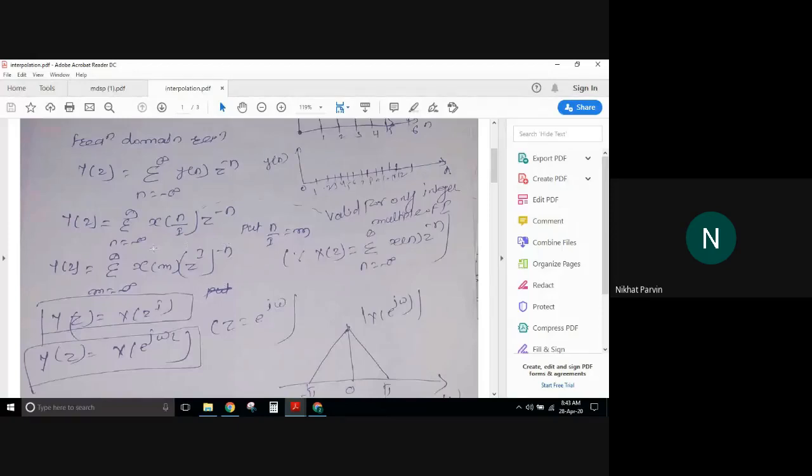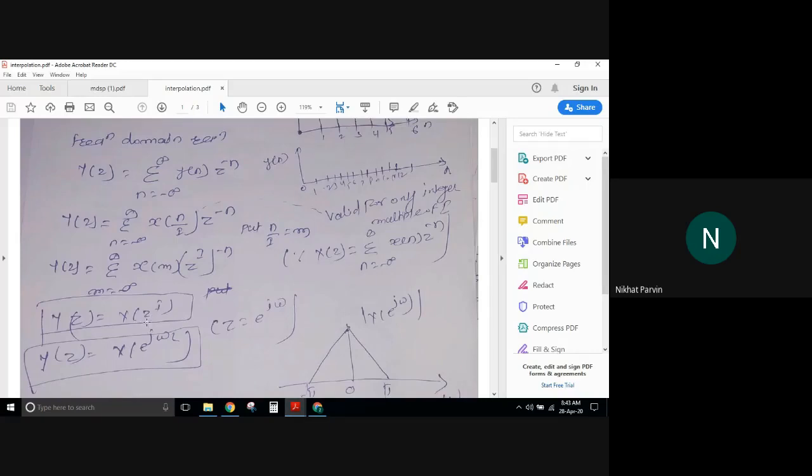That means, can I write this complete as what we wrote here? Y of z equals to this, right? Now, here x of n into z power minus n is nothing but x of z. Now here, x of m into z power I to the whole power minus n. That means, instead of z here, I have z power I. That's it. Rest is your x of z only. But what is z? Z power I. That's why we have written y of z equals to x of z to the power I.